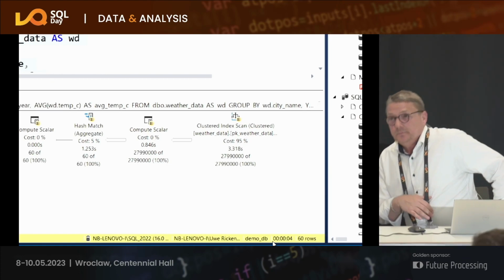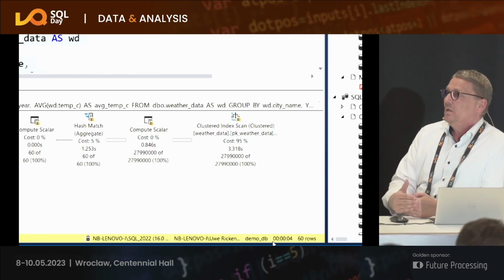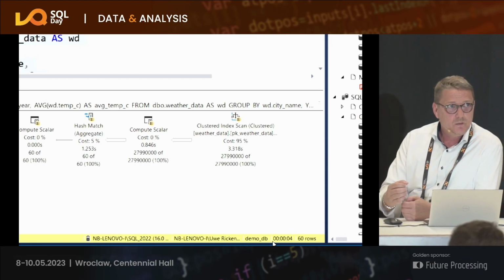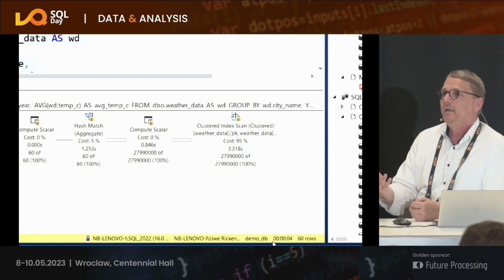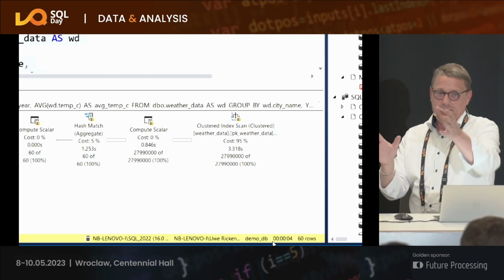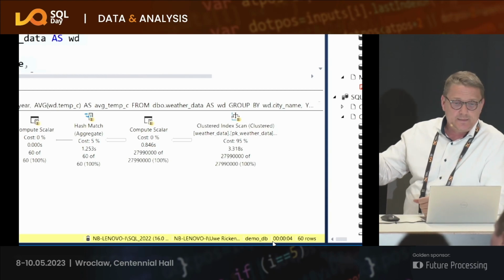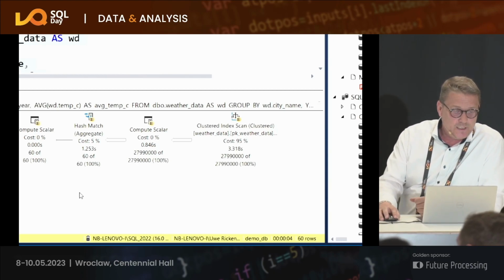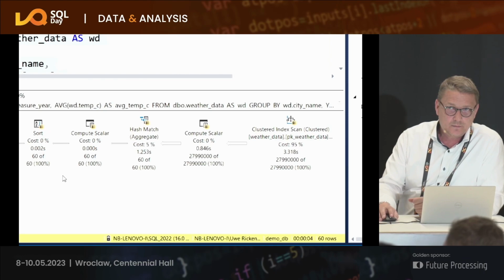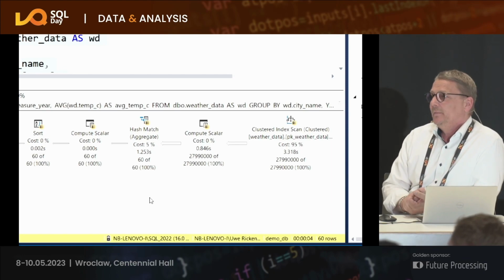By the way, anybody here who does not know the difference between a stop operator and a flow operator? Anybody who has never heard about that? Okay. A stop operator in a relational operator list means that SQL Server needs to wait till all the data has been operated inside the operator.